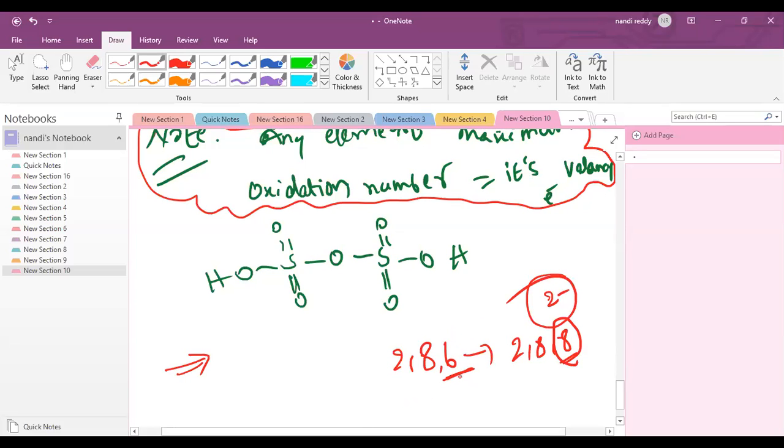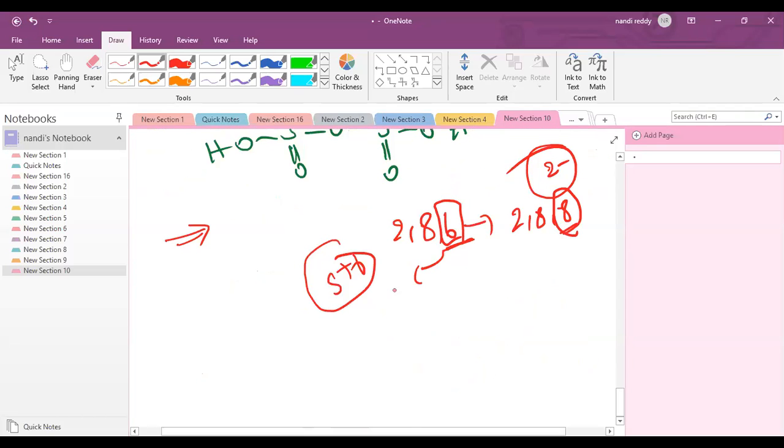But how many electrons can it lose at maximum? 6 valence electrons, so it can lose a maximum of 6. So sulfur can even be plus 6. Whenever I give plus 6 oxidation number, it always shows oxidizing character. Whenever I give minus 2 oxidation number, it always shows reducing character. Similarly, you have to apply the same for every example. If you try 2 to 3 examples of your own, then you will get it. You won't get it just by looking or reading many times unless you apply it. Clear? So these are the oxidation numbers.